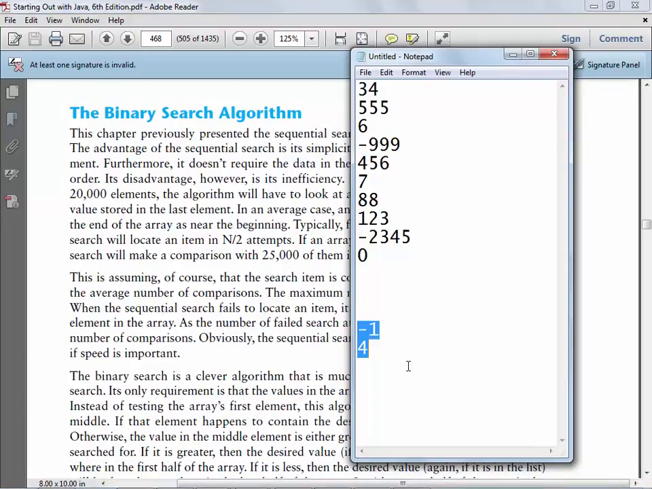Now let's change this. So let's now put this so it's in sorted order. All right, so I'm going to put the same thing I had in here, but I'm going to put it in sorted order. So negative 999. Oops, I guess the first one would be negative 2345. Negative 999. 0. Let's get rid of them as we have them in here. So negative 2345, negative 999, 0,